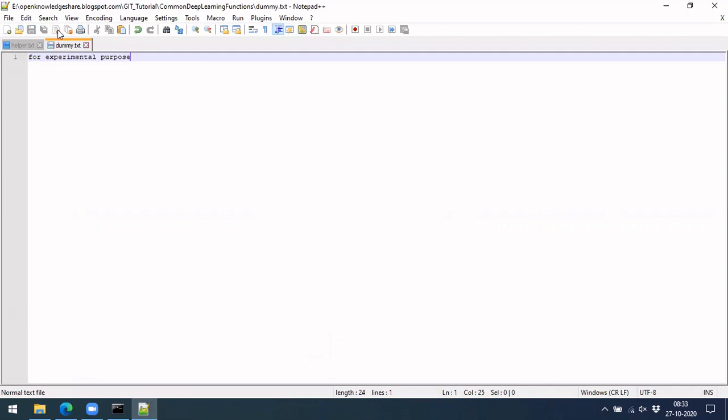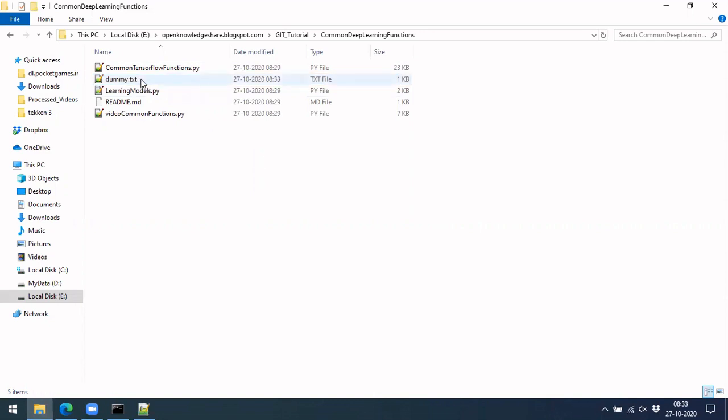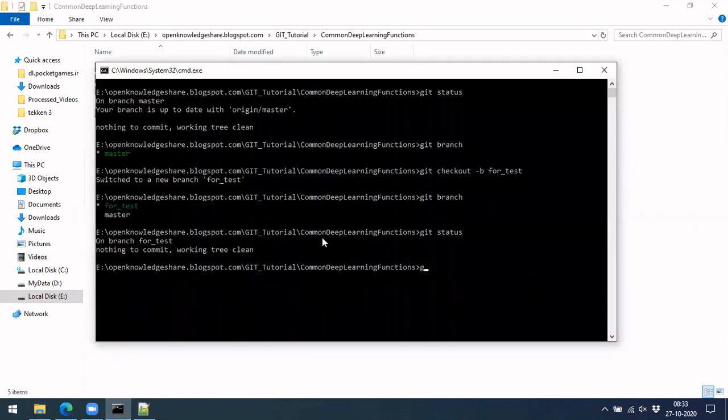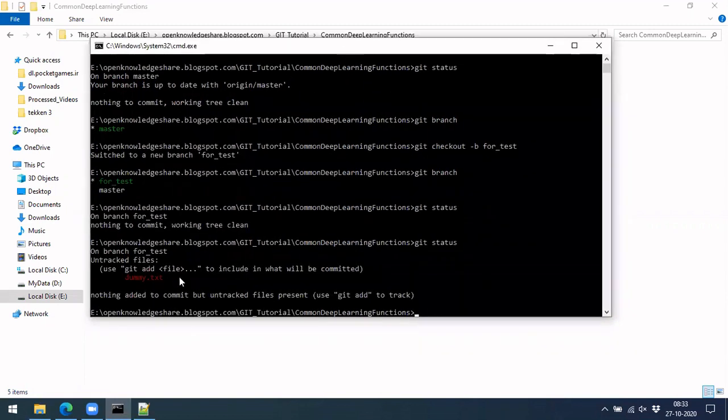It need not be code, it can be just a text file, anything you want. Now I have modified it. Let me see what we got with git status. It shows dummy.txt as a new file, which was not there previously.